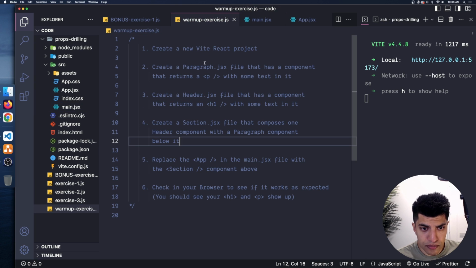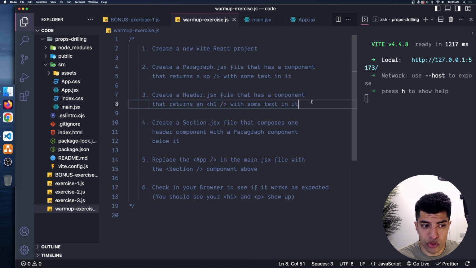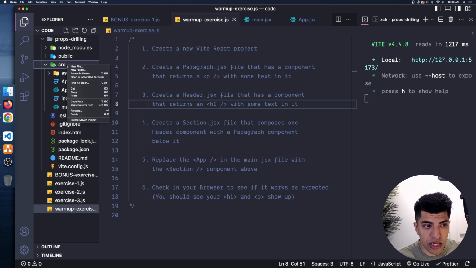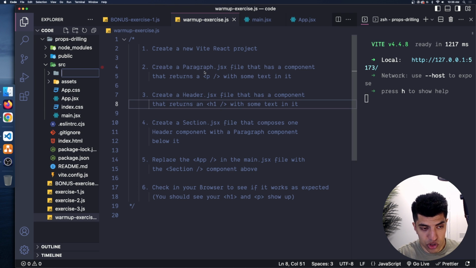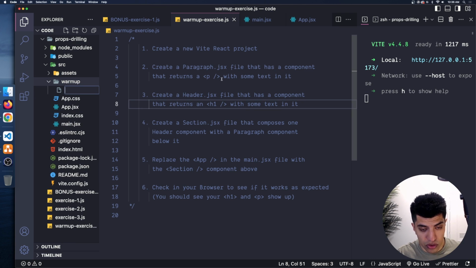So if you recall, we want to create a paragraph component that has a p tag in there, and a header component that has an h1 in there. So let's go ahead and do that. I'm going to create a new folder inside of my source. I'm just going to call this Warmup. And inside Warmup, I'm going to create a new file. I'll call this